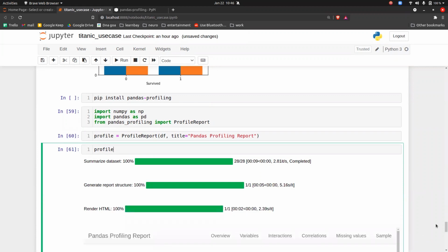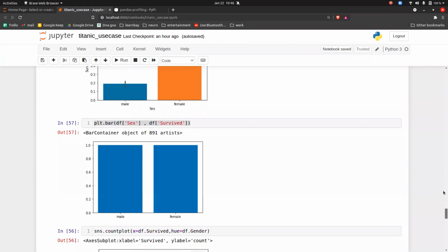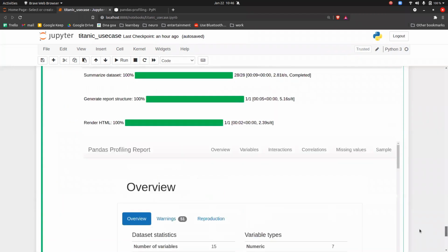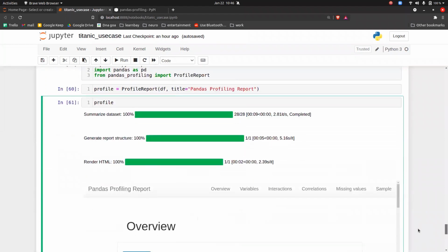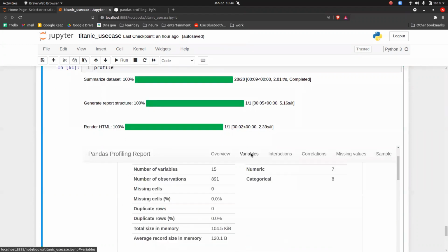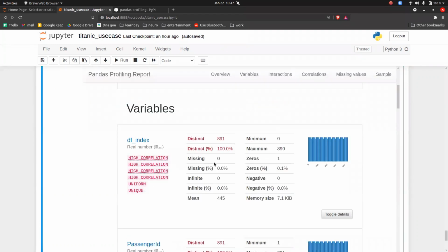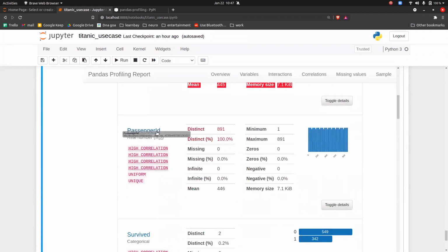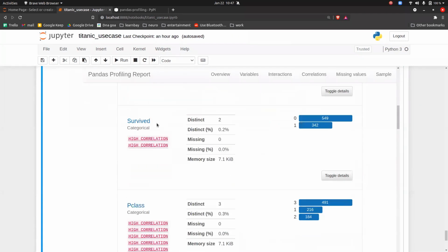See this. We have done a lot of stuff here, and what pandas profiling will do is generate a very beautiful report for you guys. If you want to know about the variables, click here and you will know about the variables, like df.index, how many missing values and stuff like that. If you scroll down, you will get the details of passenger ID, and then the details of survived.